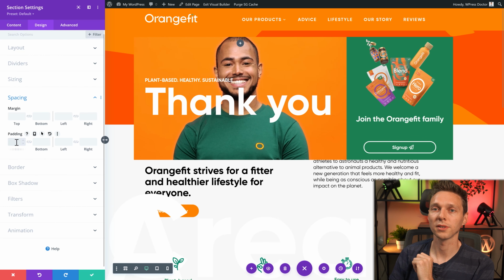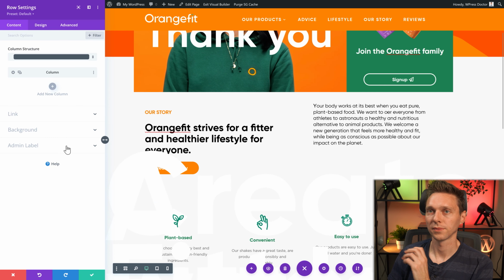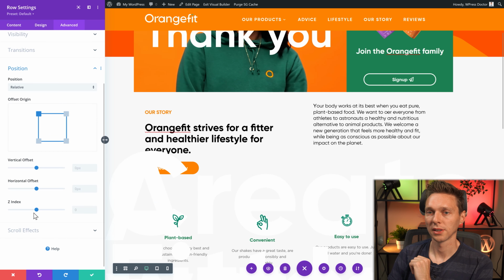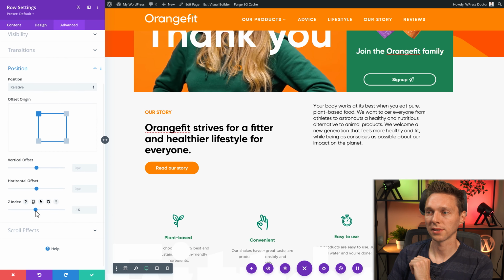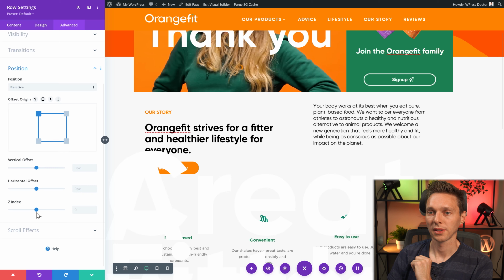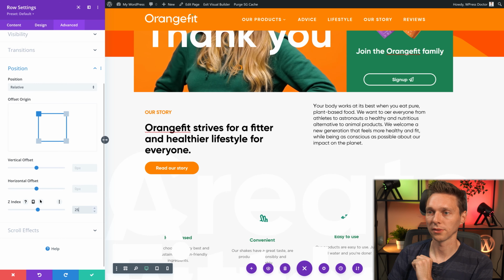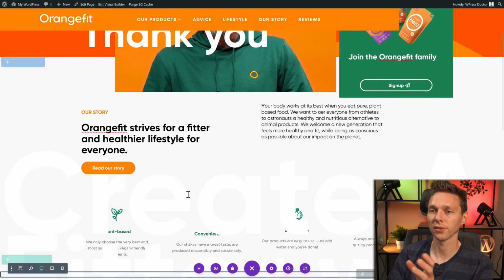Then this page section is really beautiful. We're just going to give it some padding of 150 pixels. What we want to do is actually this row, the Z index is not okay. So we go to Advanced Position. We're going to place the Z index to make this 10. Then we're going to change this entire row. We're going to give it a Z index of 25, like this. So it's always on front of these letters.